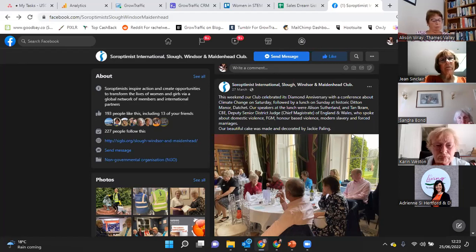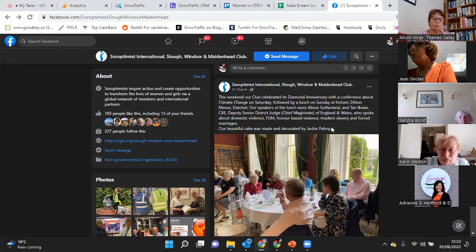So again, you can either hashtag within the body of the text, so you could put a hashtag in front of FGM, a hashtag in front of modern slavery, or you can put them at the end. It's entirely up to you. People do understand how to read hashtags, so it doesn't really impair it anymore. People understand how to interpret what is being said.